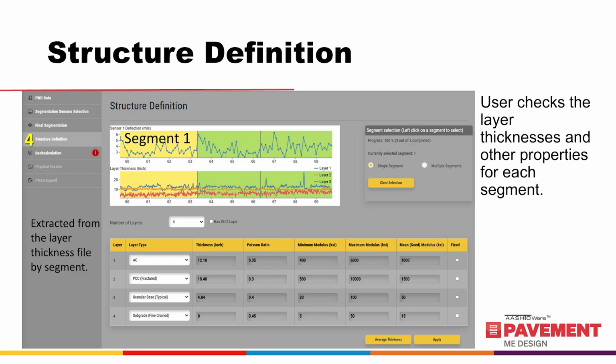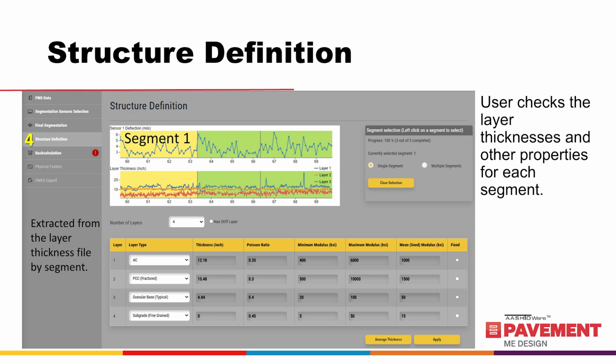As noted on the previous slide, this is step 4 of the guided process, structure definition. If the user imported a layer thickness file, the information for this screen will already be populated, so the user only needs to check the layer thicknesses and other properties for each segment. If the user did not import a layer thickness file, the variables on this slide need to be manually entered